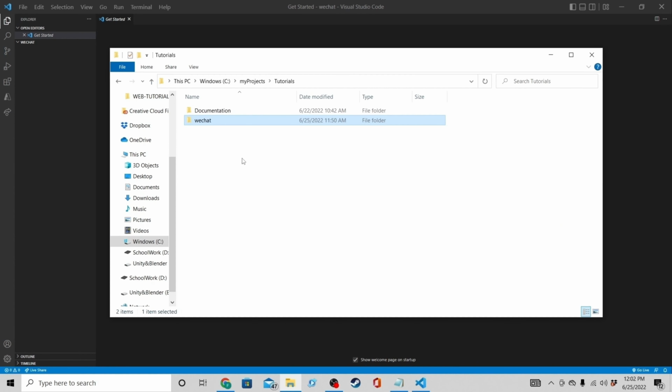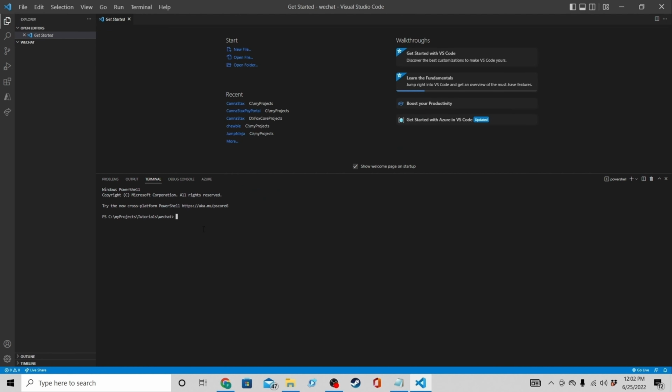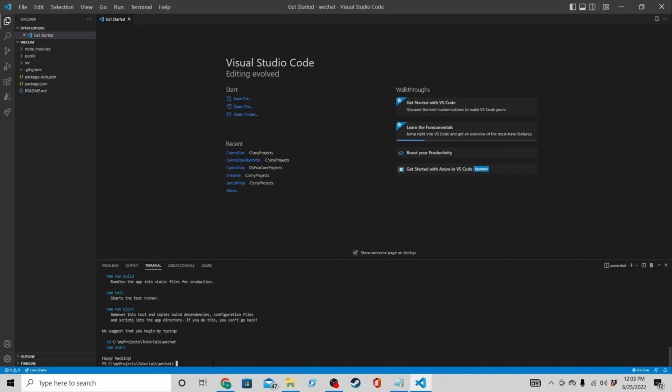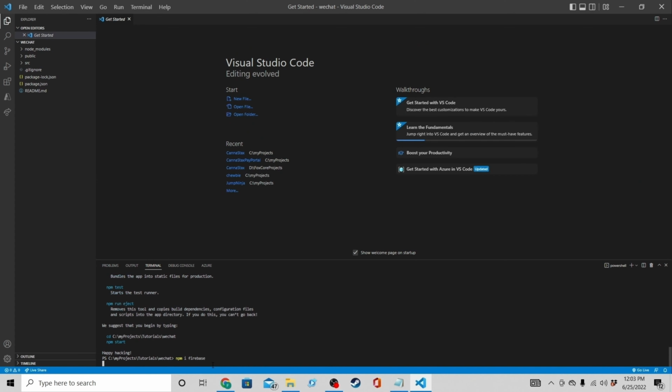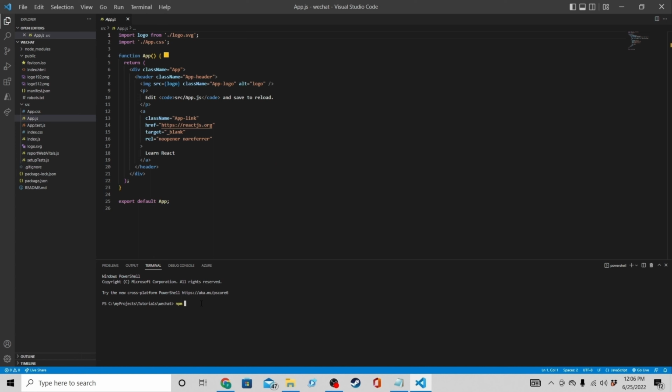To get started, create an empty folder and open it up in VSC. Open the terminal and enter npx create-react-app followed by a period. This will create a React project inside the folder you have opened in VSC. Next, install Firebase and React Firebase Hooks. After installing the first modules, let's run npm start so we can view React's boilerplate code and confirm installation was